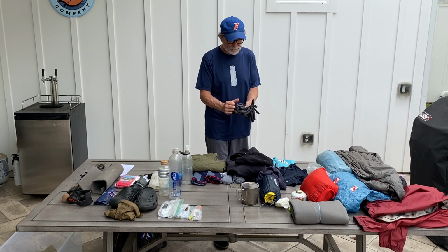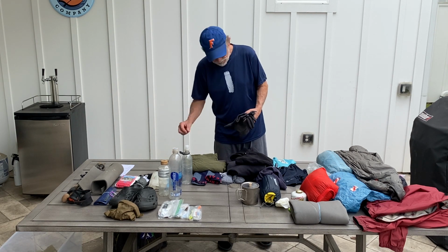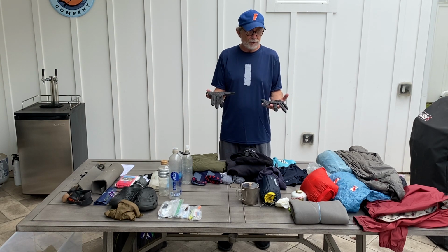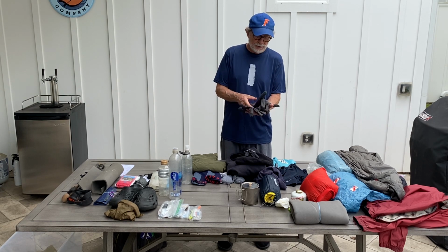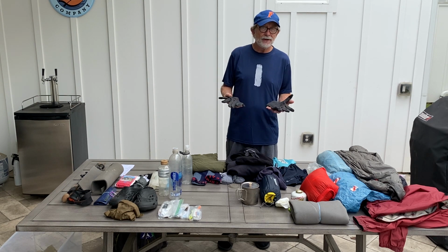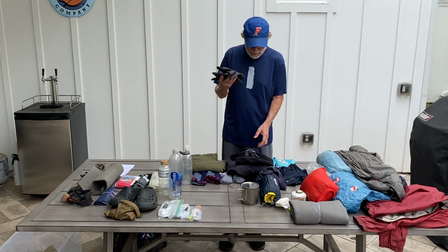As far as gloves went, on the cold weather, I had some heavy duty mitts, and these were the liners that went with the mitts. And I think I only wore them twice. So if I was to go again, I would not take those. I ditched them pretty early into the hike. I think it was about 6 weeks in. I sent them home. They were clunky and they weighed a lot, and I switched to just wearing these,